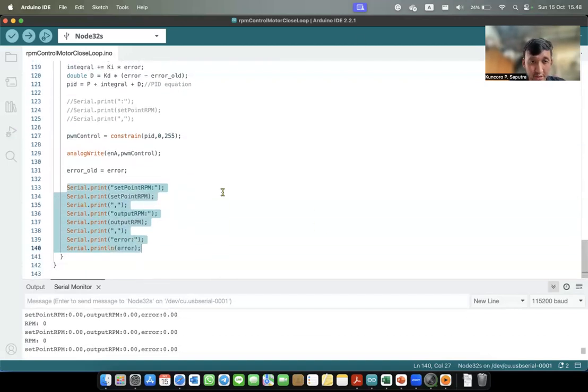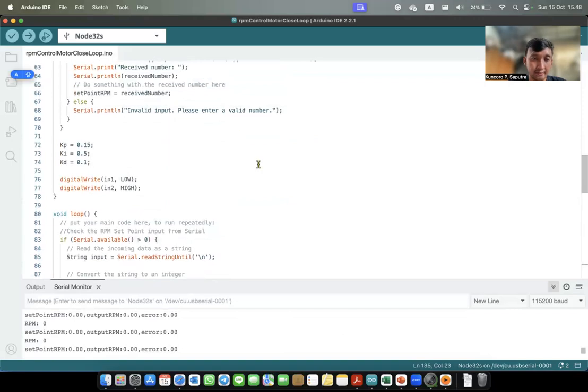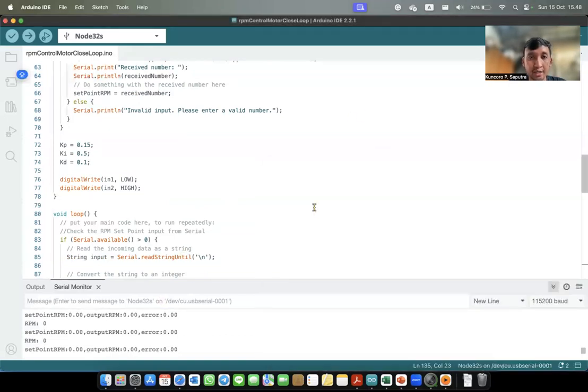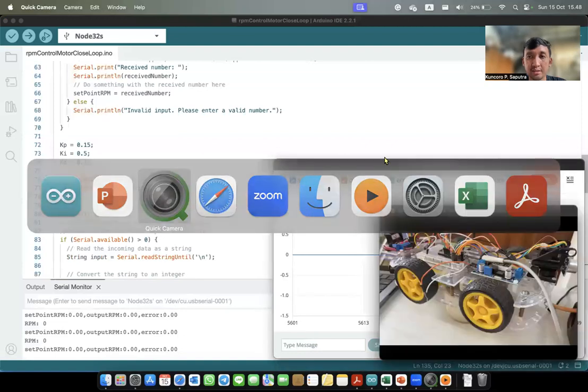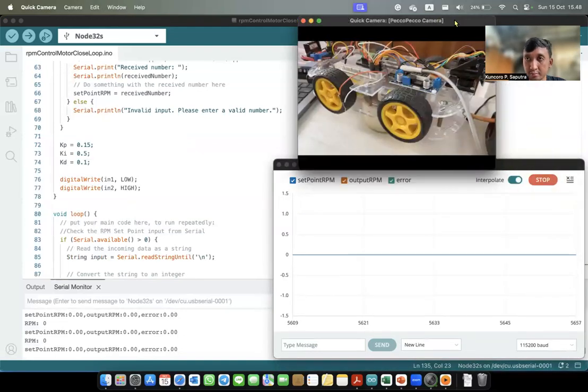So we can run this code. For the output, we use the serial plotter here. For the serial plotter, we can use it to see the response.